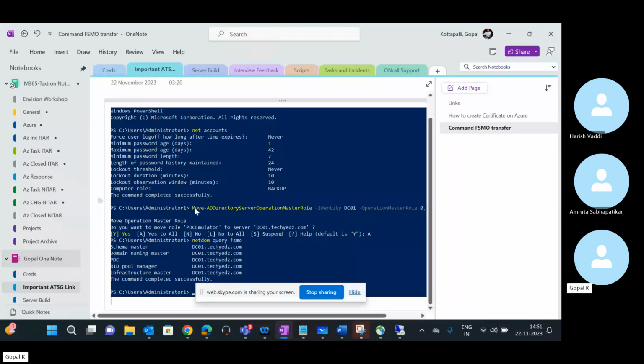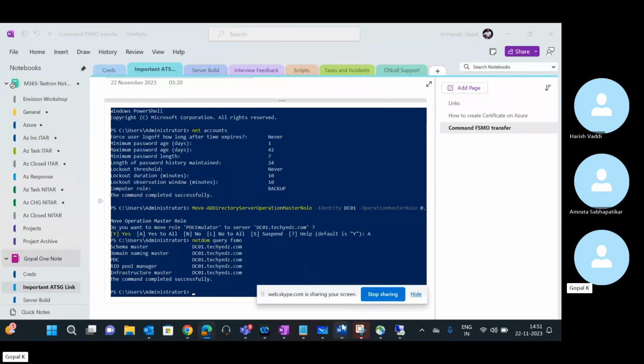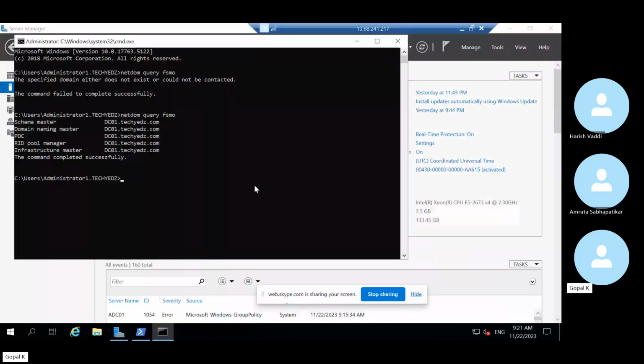All right, you are seeing the M365 nodes, right? So this is a single command which you can use. It's a PowerShell command, which you can run in order to transfer the FSMO roles within no time. There are prerequisites that you need to check before you